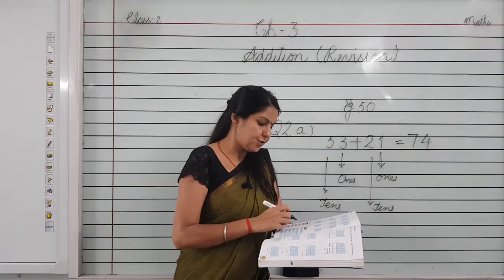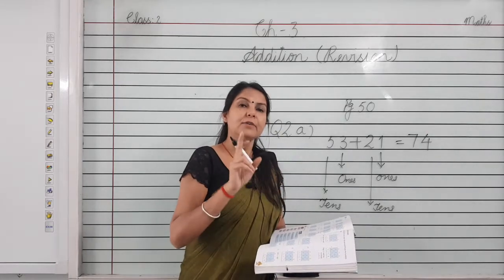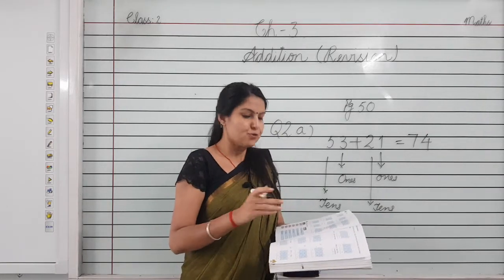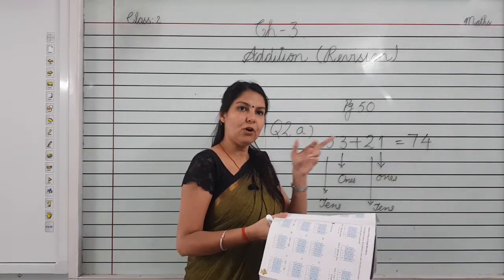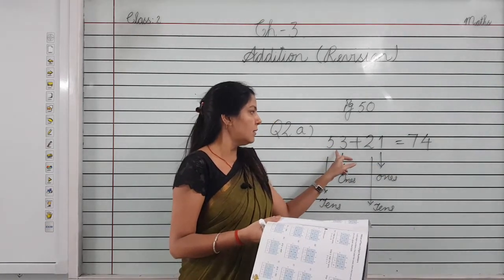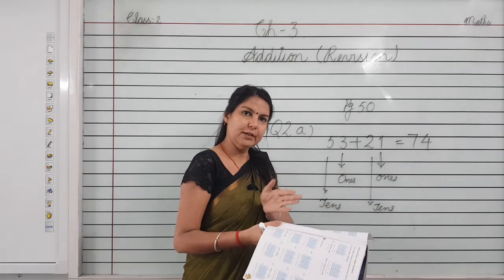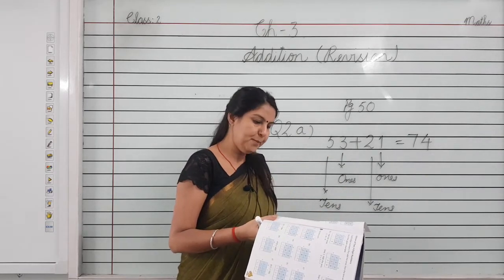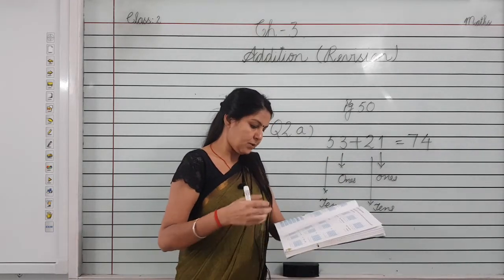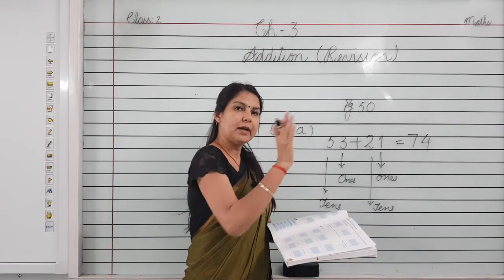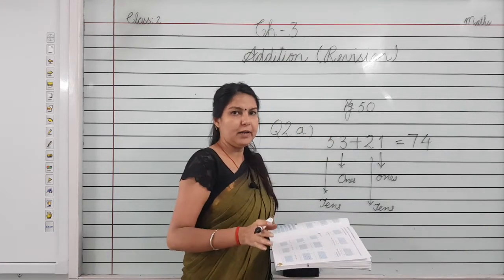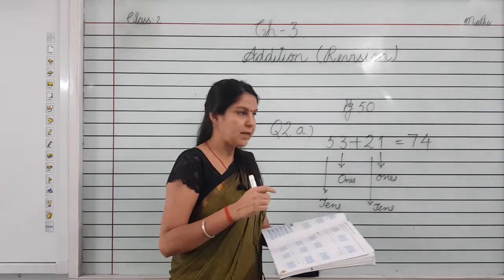Now here in the question, the answer is given in words, in number names. So you have to find out 74 in column B and match the sum from 74, which is given at column B in the number name. So 74 is written at third number, so we will write 3 in front of A. I hope you can do the other sums like this.